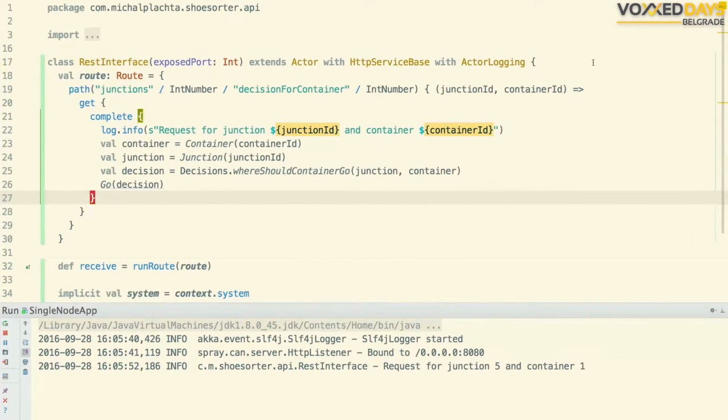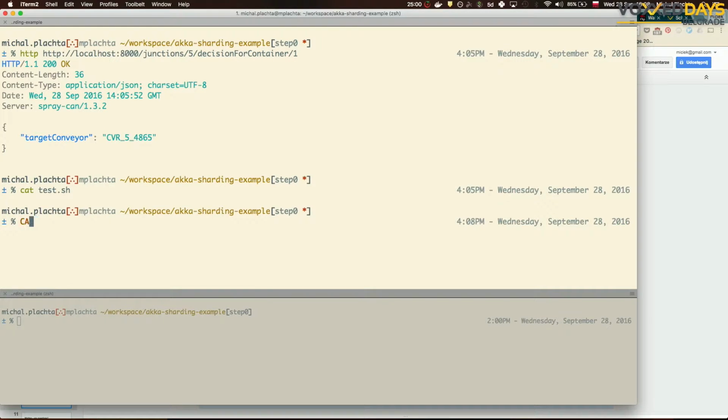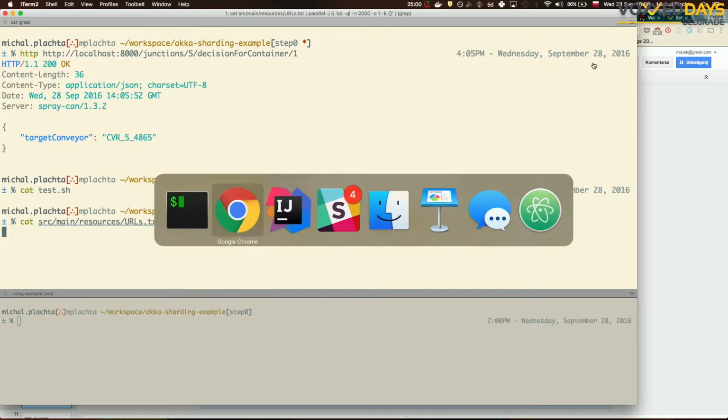Here the application is running, and the code itself. Yeah, so this is what was on the slide, and let's go.